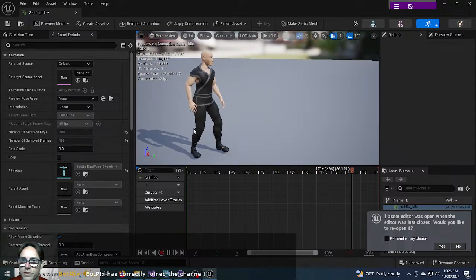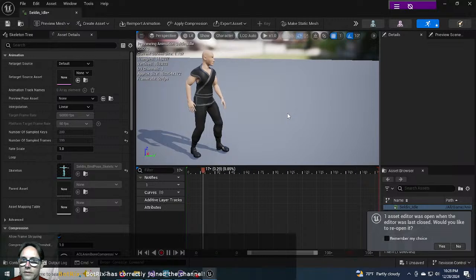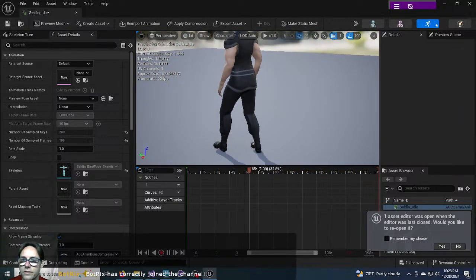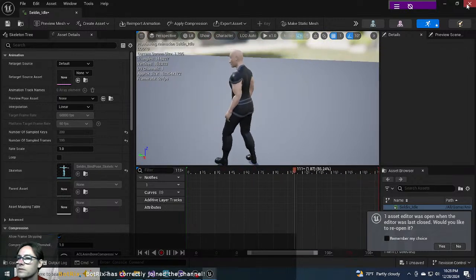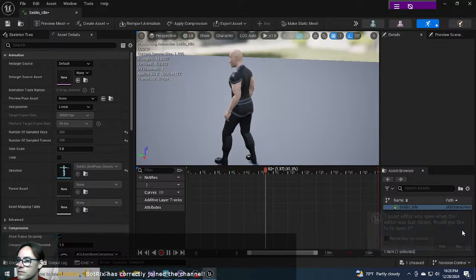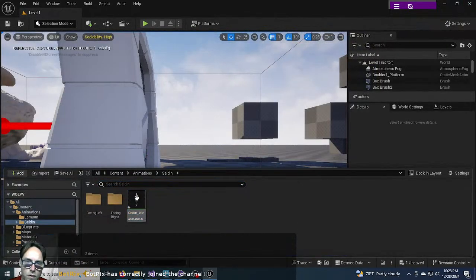From here, he should be facing to the right. And then facing left will be this way. And so if I duplicate this,